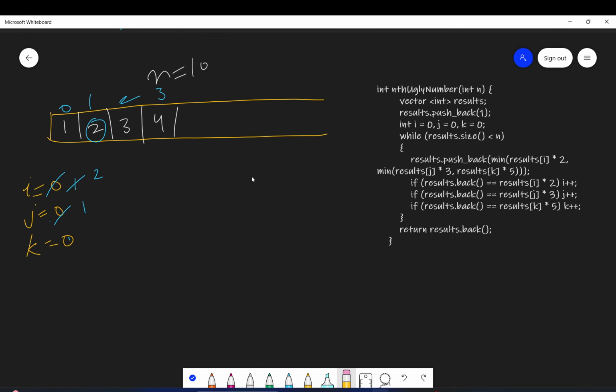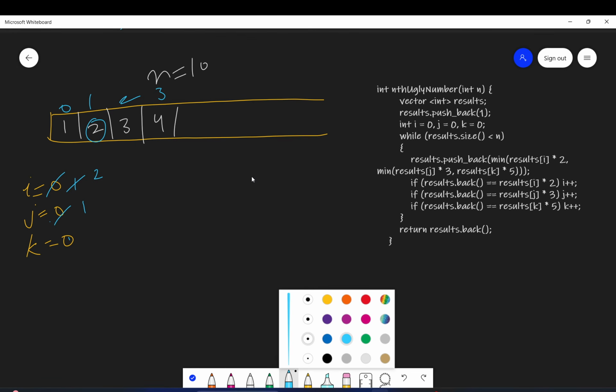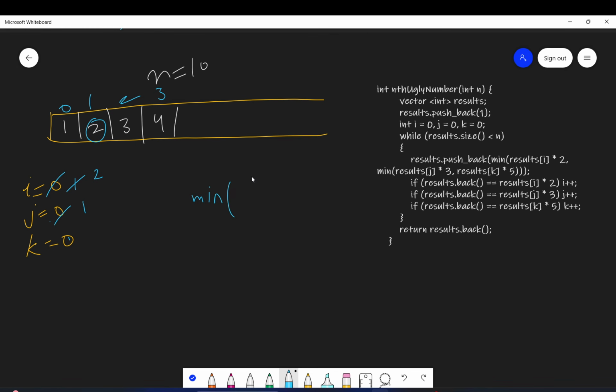Okay, let's proceed to the next iteration. So minimum of results of i into 2. Results of i is 2, so into 2, comma, results of j. j is 1, so 2 into 3, comma, results of k. k is at 0 index, so this will be results of k into 5.